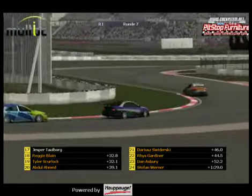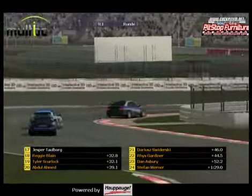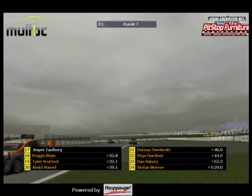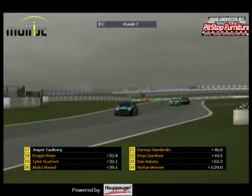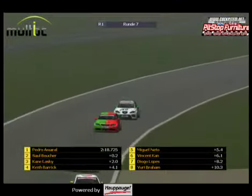So Jesper, a crucial tactical error. Really an oversight, really a new mistake, and that's cost him an excellent result here. It's lost him 16 places. A disaster it seems. But back up front, Sol Boucher